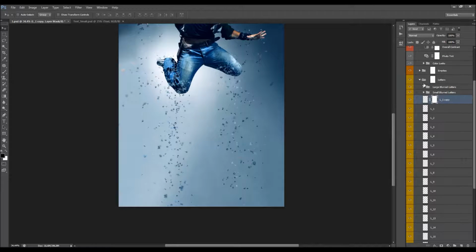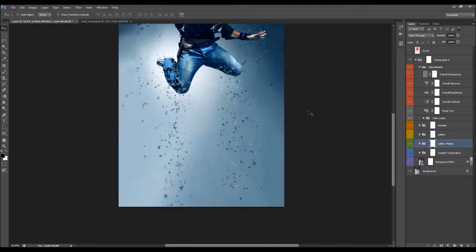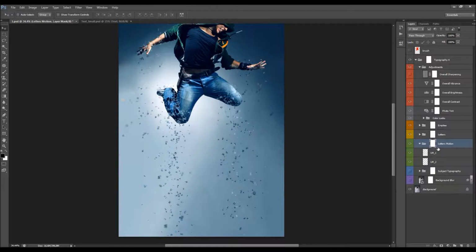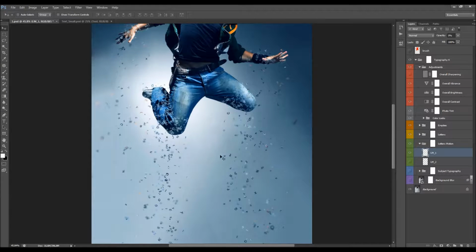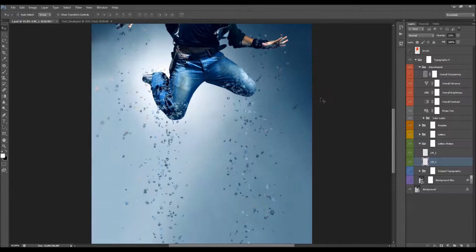Okay, so I'm going to close this group, and what we got here is the letters motion. So you got two types of the letters motion here. Just turn off this one. Okay, so you got this one. You can click over opacity to change the opacity, the visibility of this motion blur, and I usually use some low values like this. And this one is a little bit different as you can see, and I'm also going to use a small value like this. Okay,